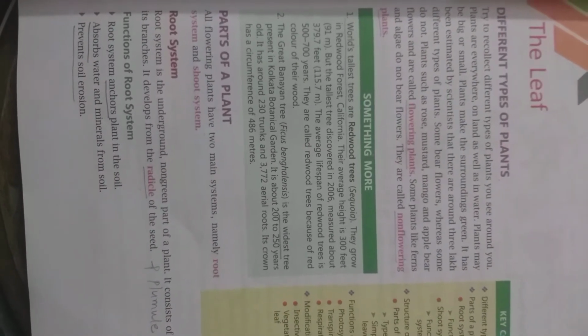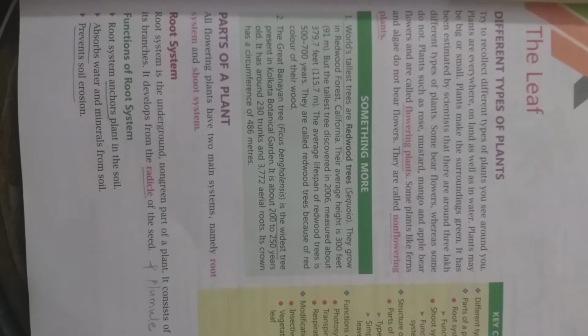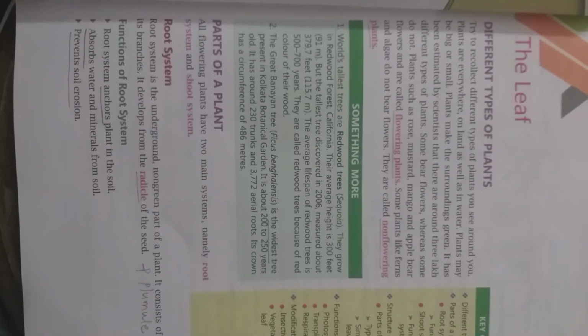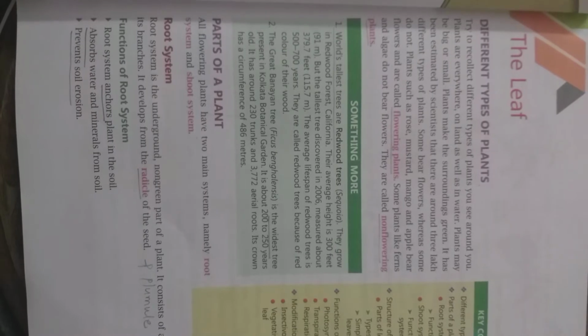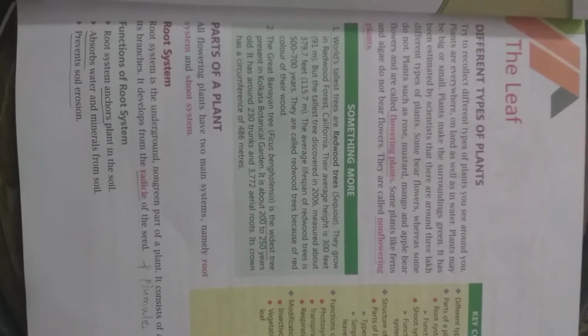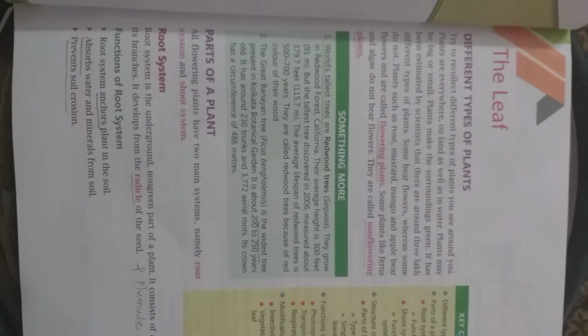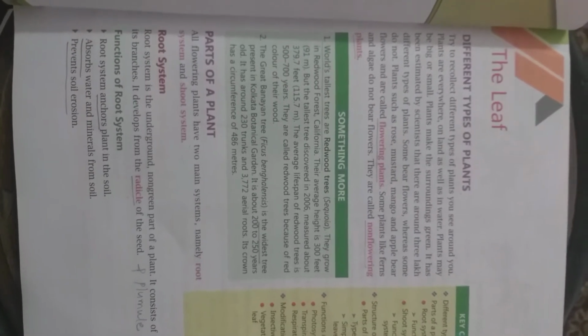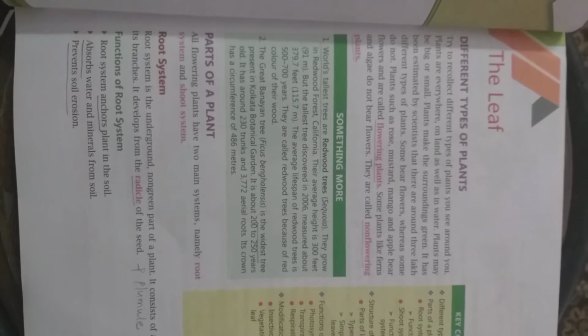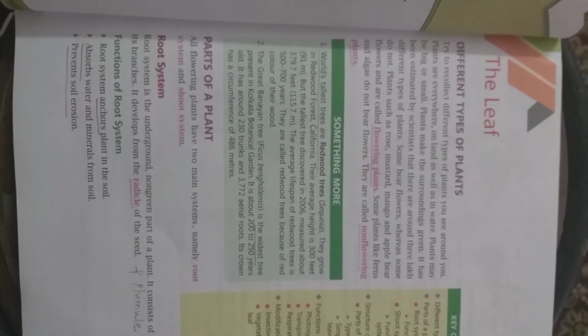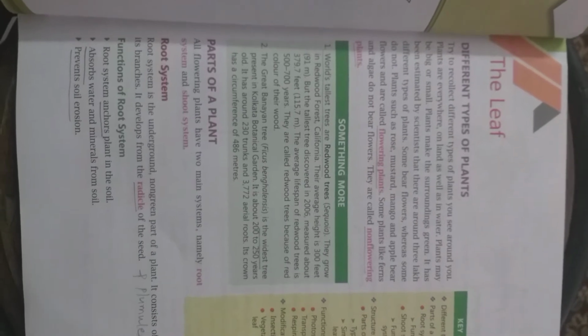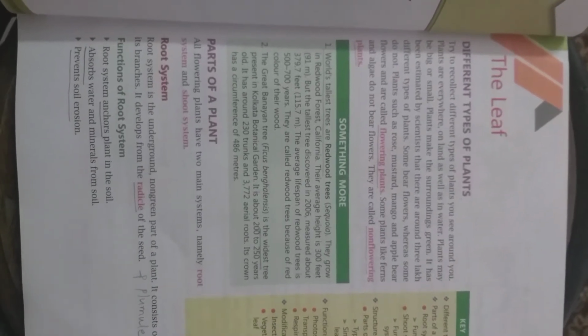What are the functions of the radicle which grows into the root or the root system? It binds the soil, it gives anchor. Anchor is holding, it holds the plant, it nourishes the plant, it absorbs the water and the minerals and prevents soil erosion. You must have read soil erosion in your geography, or you'll be reading it. You'll be able to relate then. So basically, root binds the soil, plus it absorbs the water and the minerals from the soil.